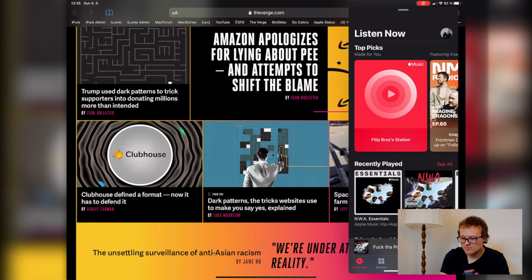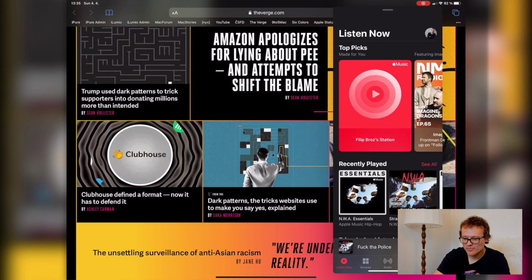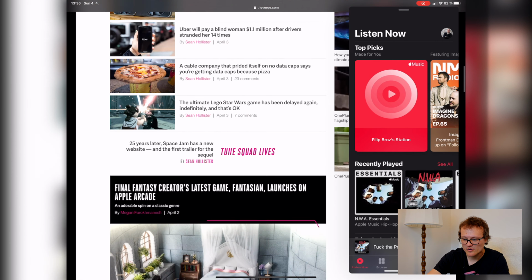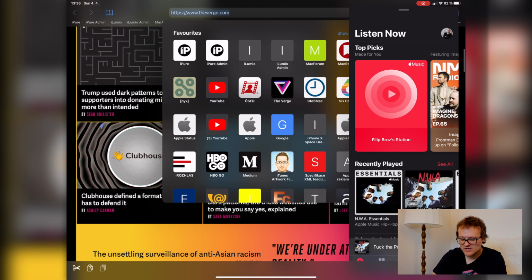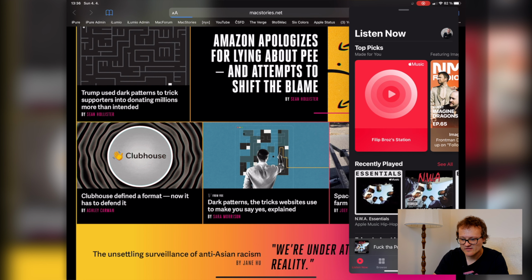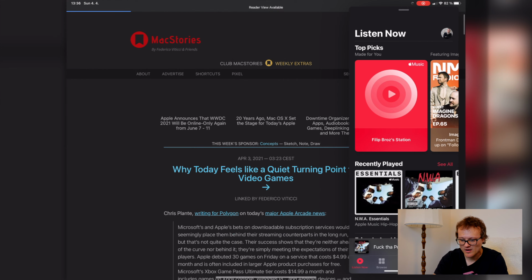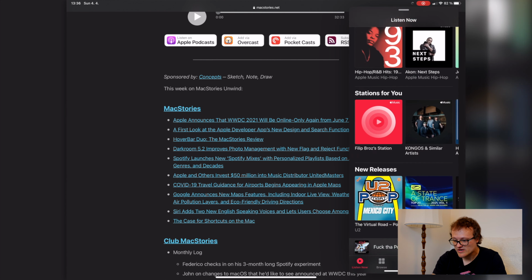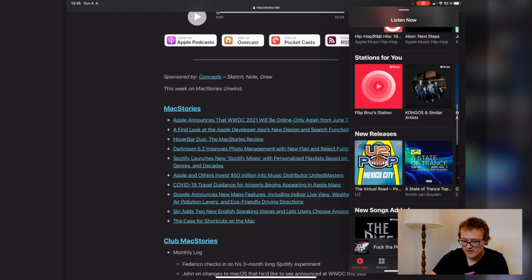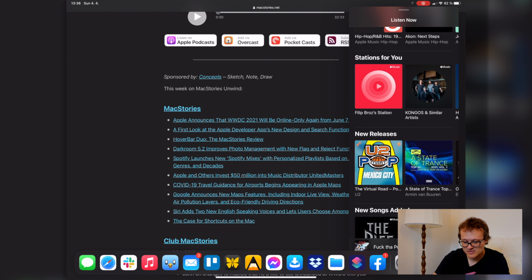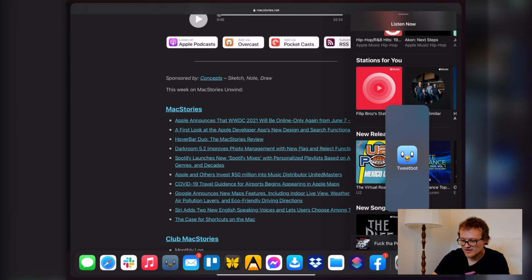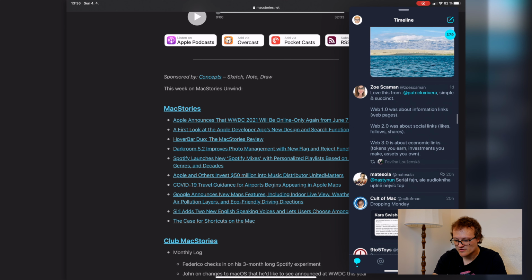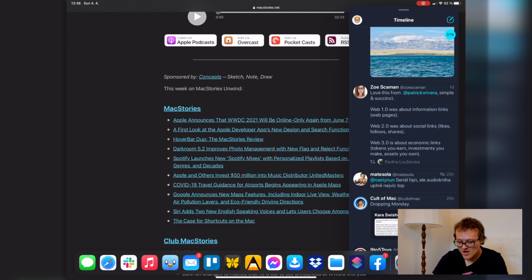After that, you just pull it to the other side, swipe right or swipe left, or continue reading on the main page, or I choose another page like MacStories. It's my favorite web page about Apple, especially about iPad. And of course I continue with Apple Music, or again I choose some app from the dock and choose another application like Tweetbot for Twitter, and now I'm reading my Twitter timeline in the Czech Republic, or I choose another application like